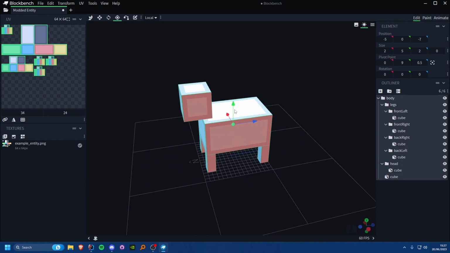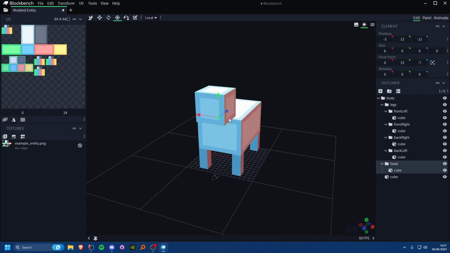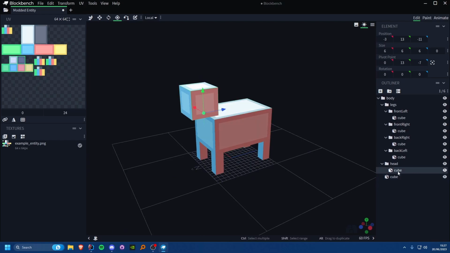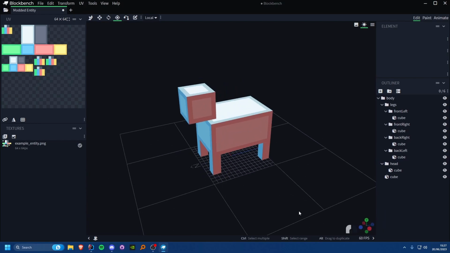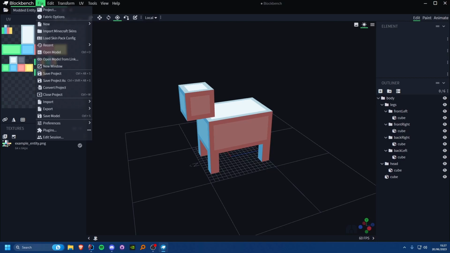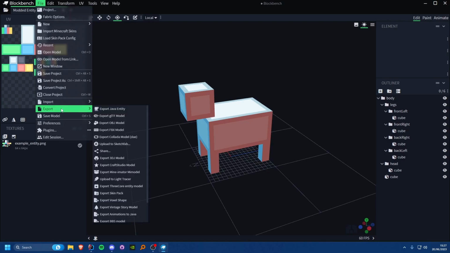Obviously the body, make sure that's in the center, and the head you want somewhere roughly around where the pivot would be. And just check, yeah, body has the right pivot point, head has the correct pivot point, and fantastic. So once you've got all of that done, you can go ahead and file, and you can export, and